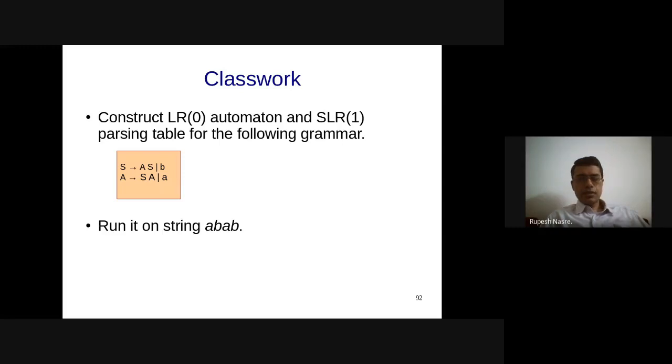Any suggestions other than what Sarthak has written? Okay, so let's check that. First of A is definitely going to contain small a. First of S is definitely going to contain B, right? There is no epsilon transition here, and therefore there won't be any epsilons appearing in the first of anything. But first of S also contains first of A, and therefore small a also appears in the first of S.